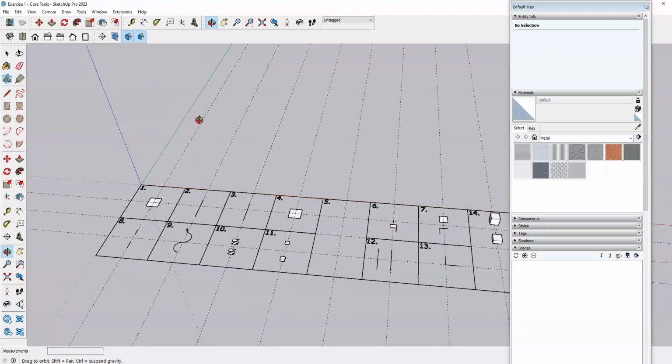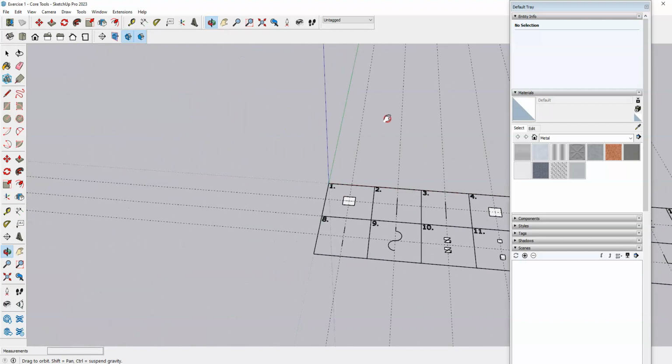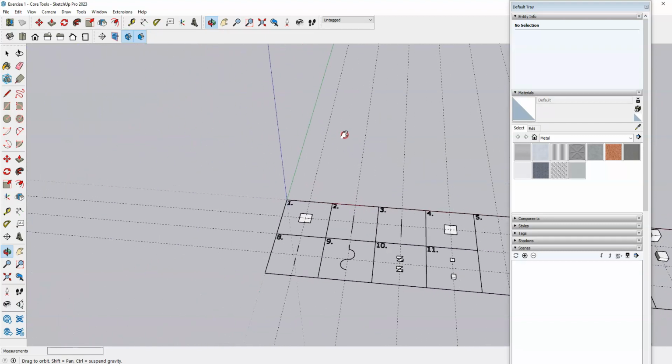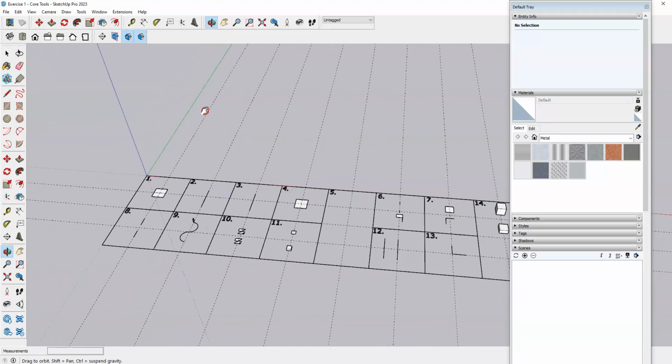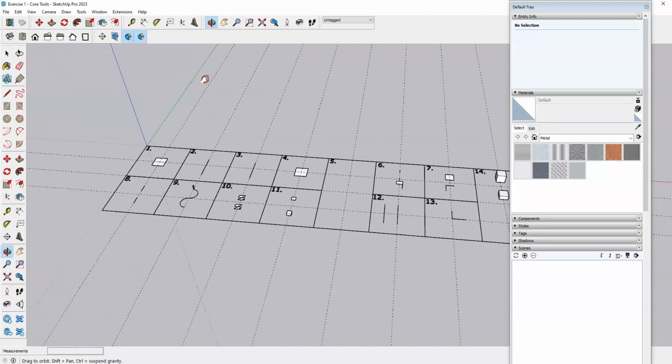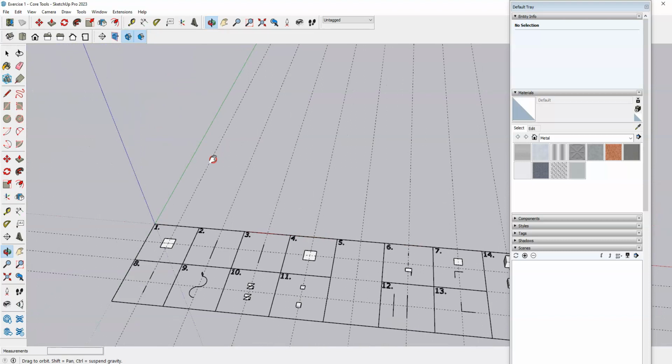And then if I also hit shift, it turns into that hand, and now I'm panning more left to right. So rather than swiveling around the model, I'm able to just move left, right, and up and down. So that's holding the scroll wheel plus hitting shift. And you might also see,